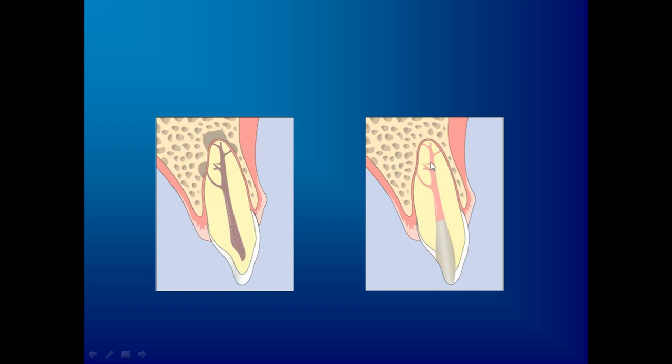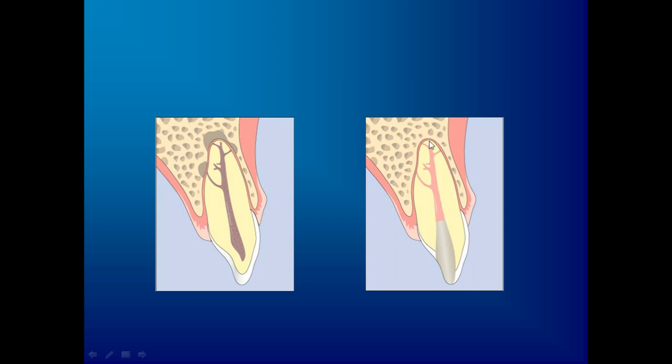So we have removed everything from the central zone, or the pulp has been extirpated, and that space should not be left behind empty. It has to be filled. It has to be completely filled. This step is nothing but the obturation. So completely the pulp space is obliterated, that is removed and filled with an inert material.